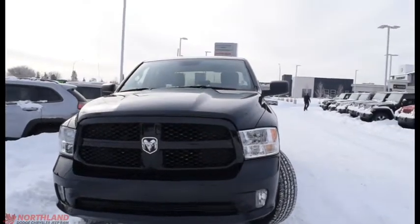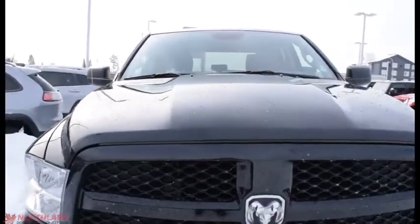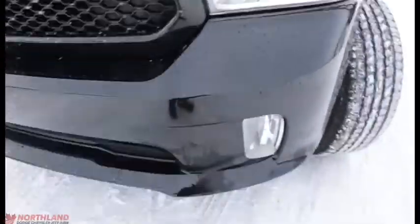1500 Express Quad Cab. Under the hood we have a 5.7-liter V8 Hemi and a 6-speed automatic transmission. This guy's in brilliant black. It looks fantastic. You got that Ram badging up front there with your lights. They are very bright. You got your fog lights down there as well with the black